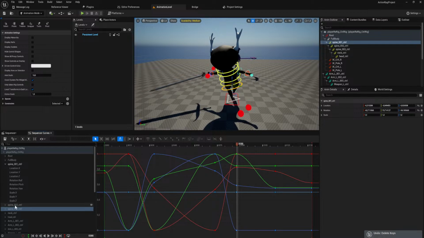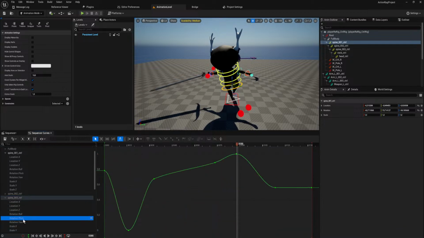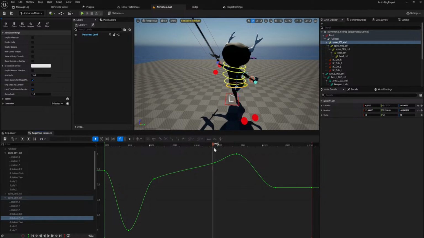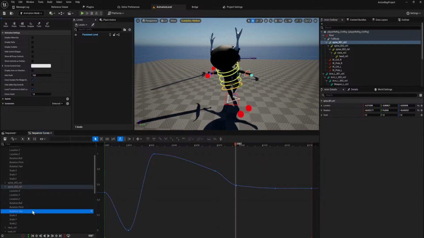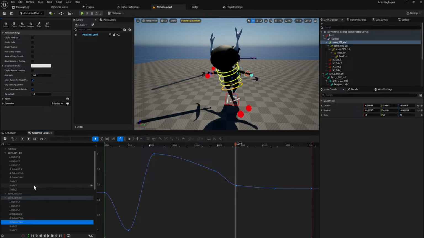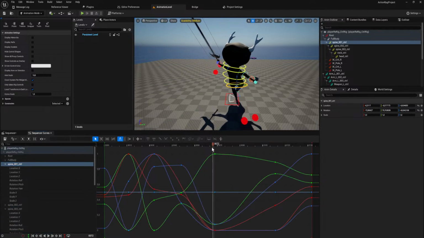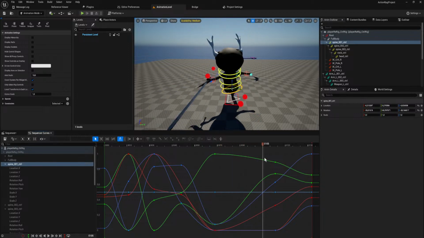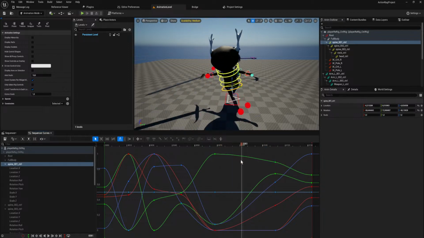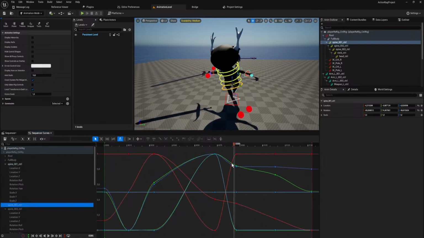That's a position keyframe. It's not particularly steep either. I don't know what's going on, man. It's definitely one of those...